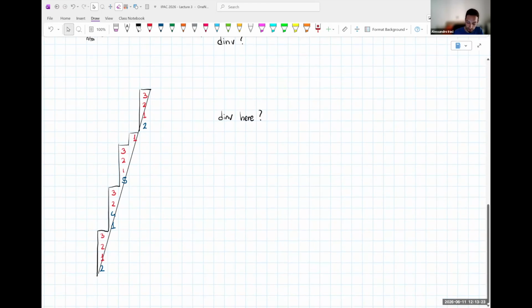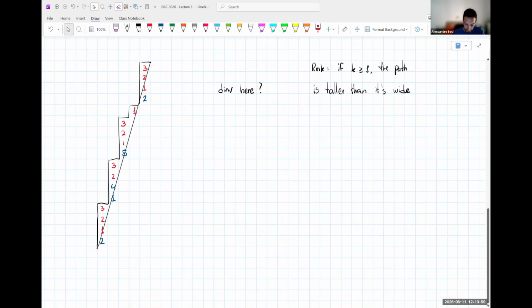Well, for a generic rectangular path that's taller than wide, okay, obvious remark: if k is at least 1, the path is taller than wide. I'm not sure about the grammar of this sentence, but I hope it's fine. What I mean is the height is larger than the width. Okay, so for paths with this property, we have the temporary dim,